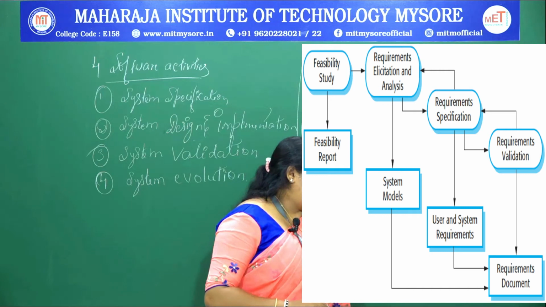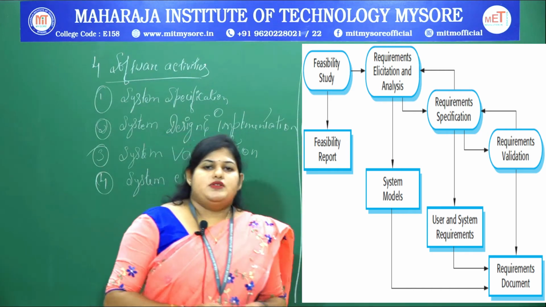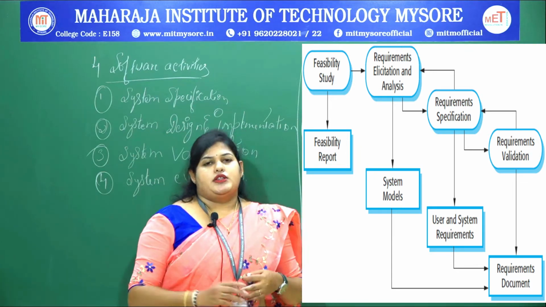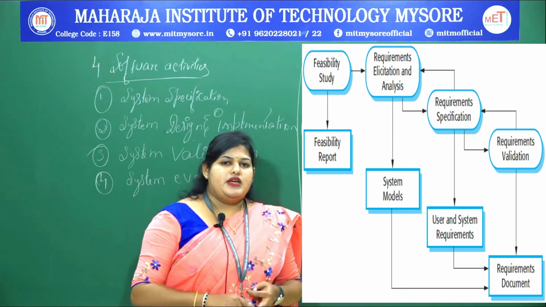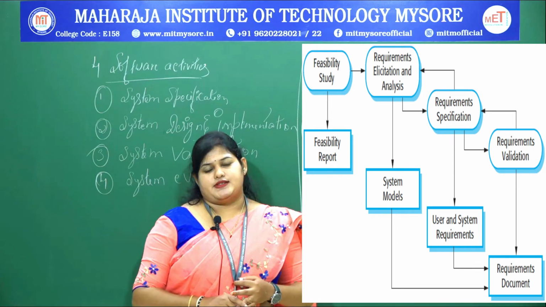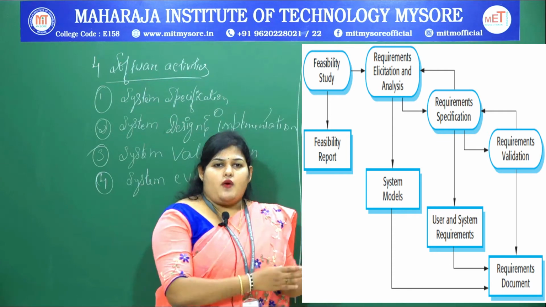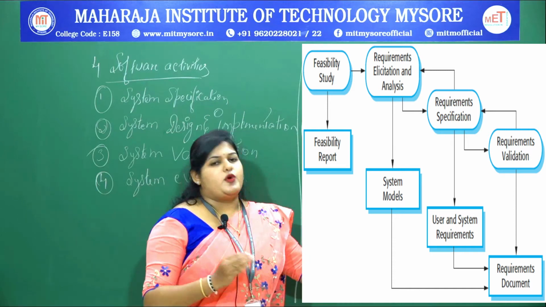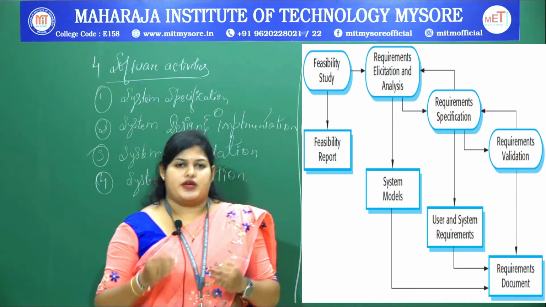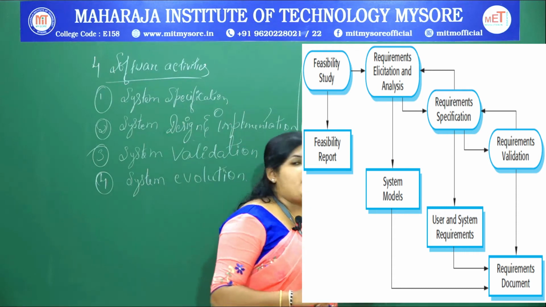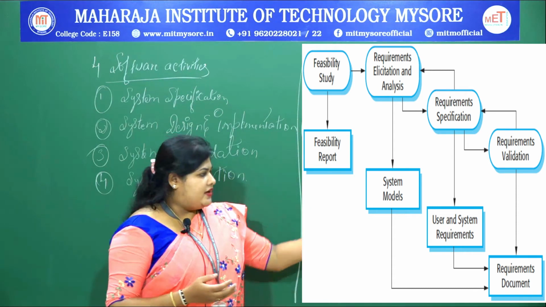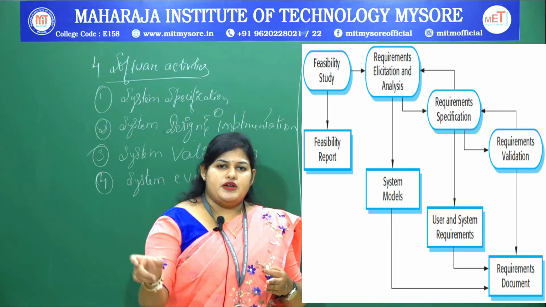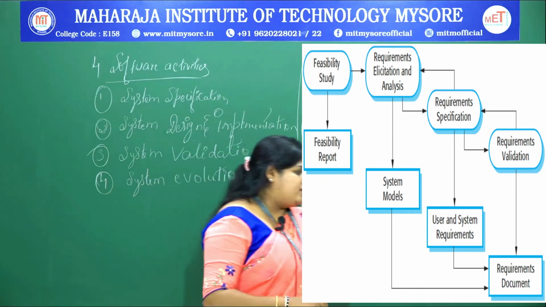As we said, the fourth stage is the requirement validation. What happens in the requirement validation? In the very beginning we said that it deals with realism as well as consistency. We will check the consistency, whether the requirements match the requirements given by the clients, and accordingly the progress of the project or product will continue. That is the best thing. Once we are done with the specification, we need to check whether it is going to satisfy the requirements, and according to that the product will be released.